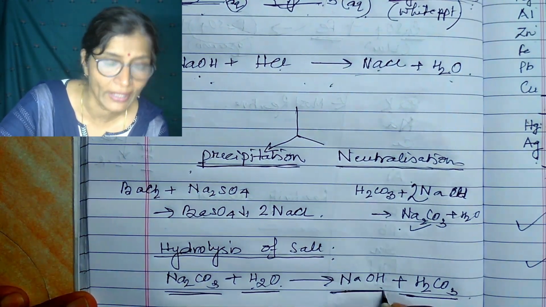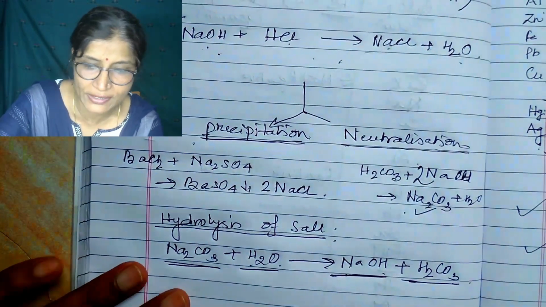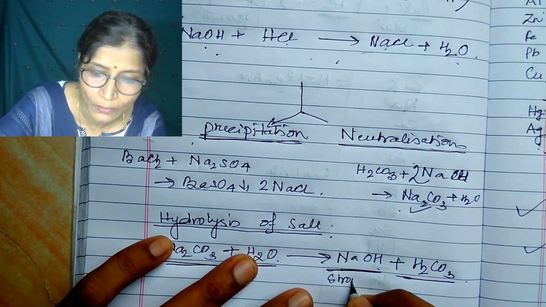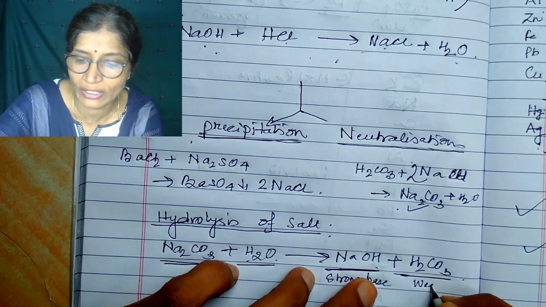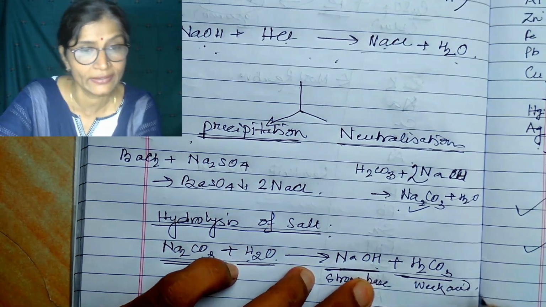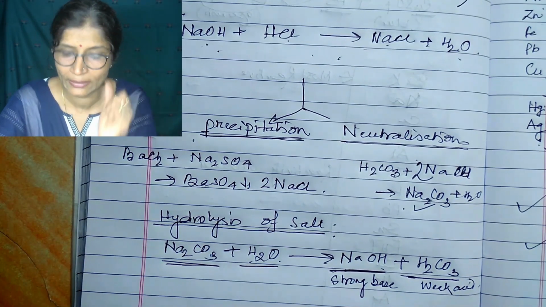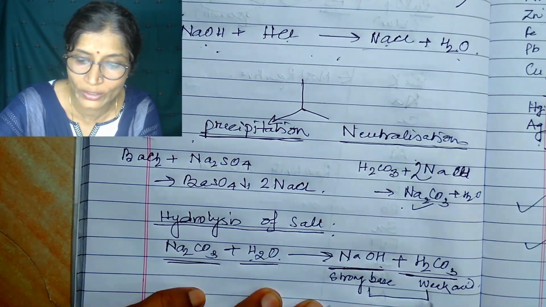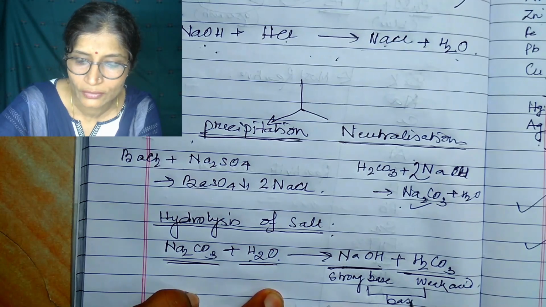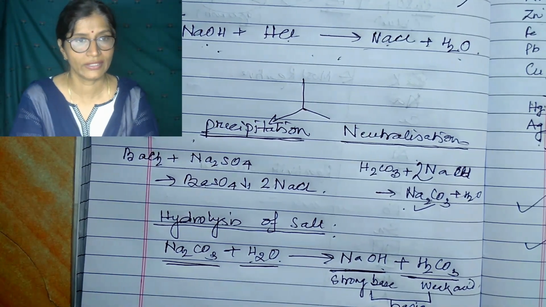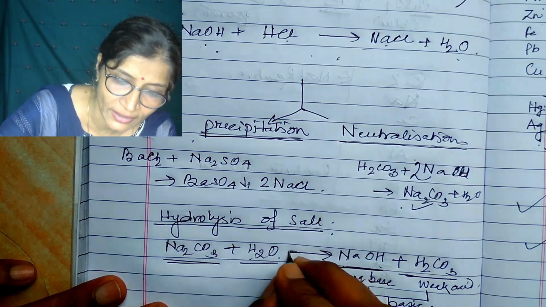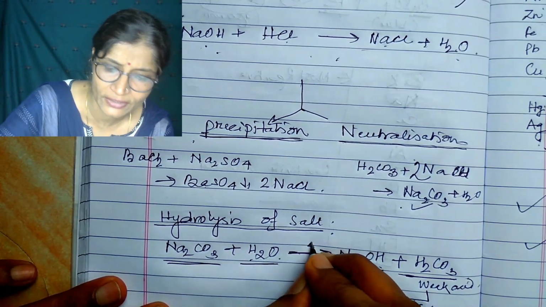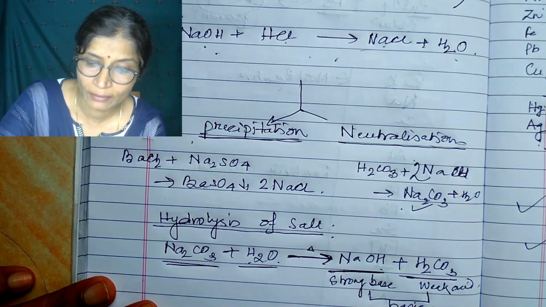So here sodium hydroxide is what? It is a strong base. While carbonic acid is what? A weak acid. That is why the solution, whatever we will get, overall the solution will be basic in nature. So it will convert the red litmus paper to blue, because it is basic in nature. A little bit of heat is also required here, but a little bit.